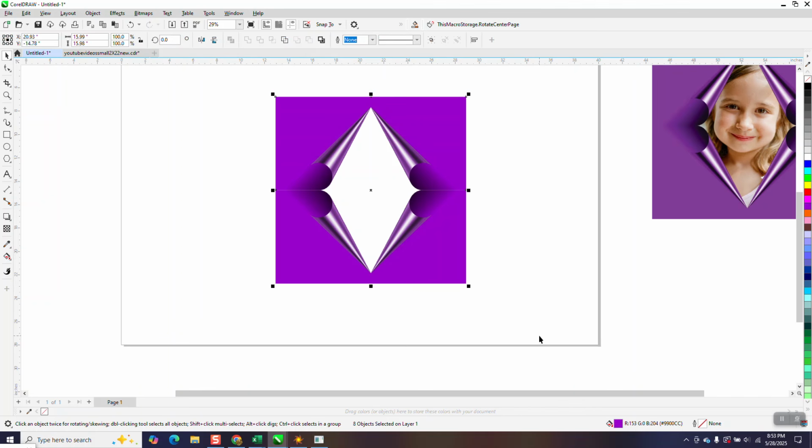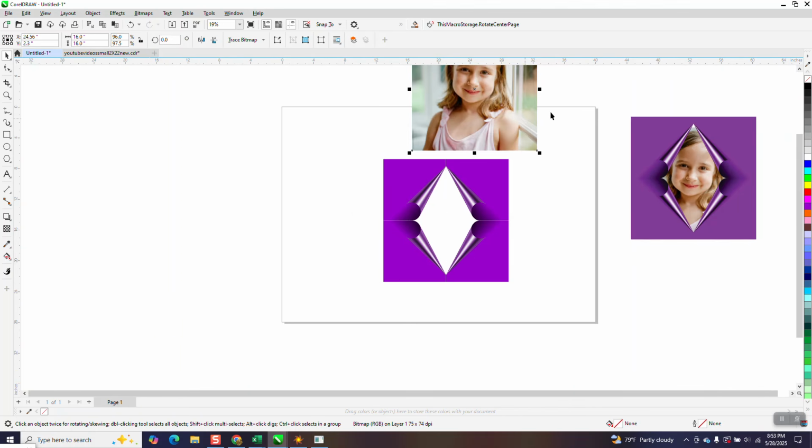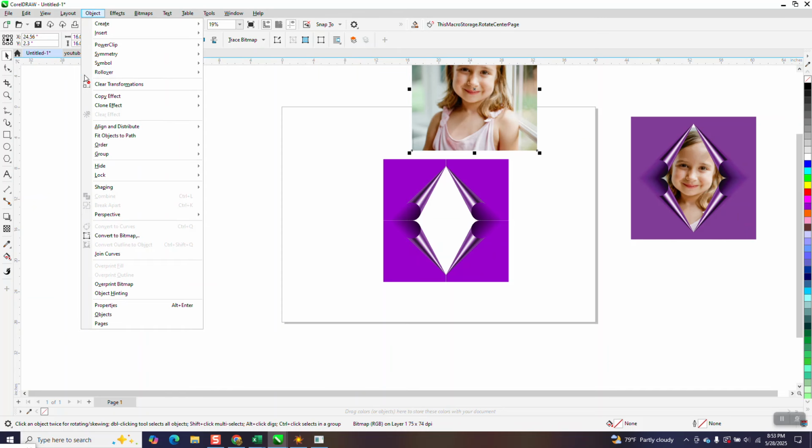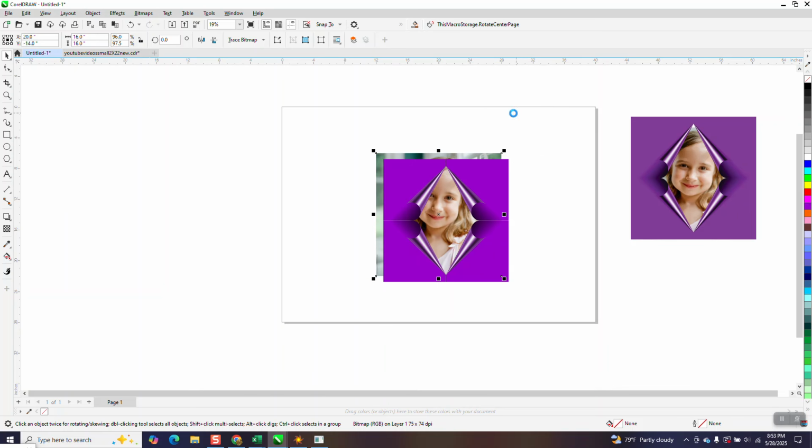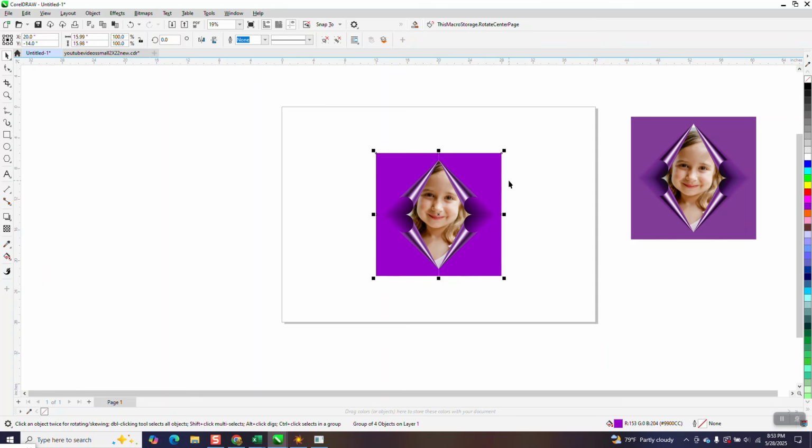So I'm going to group these together now. I'm going to grab our copy of our girl. And I'm going to go ahead and go Object, Order, Back. Well, it's already back a page. So now I can hit P, put it in the center of the page. I group these and I go P, put them in the center page. And there you have it. Side by side,